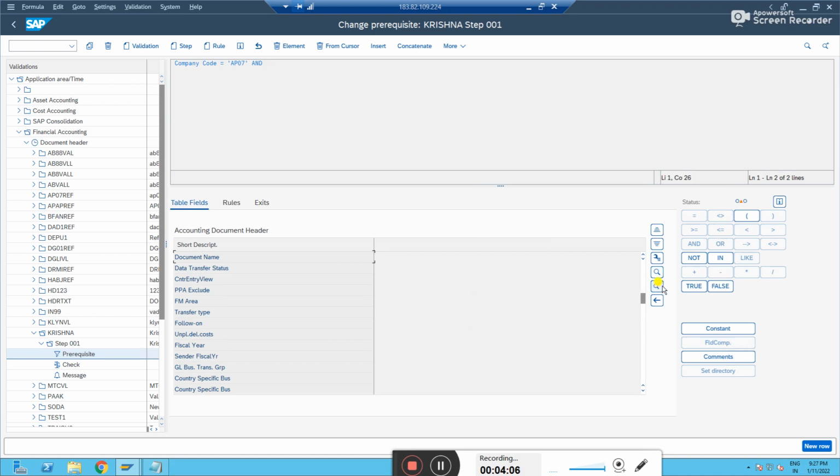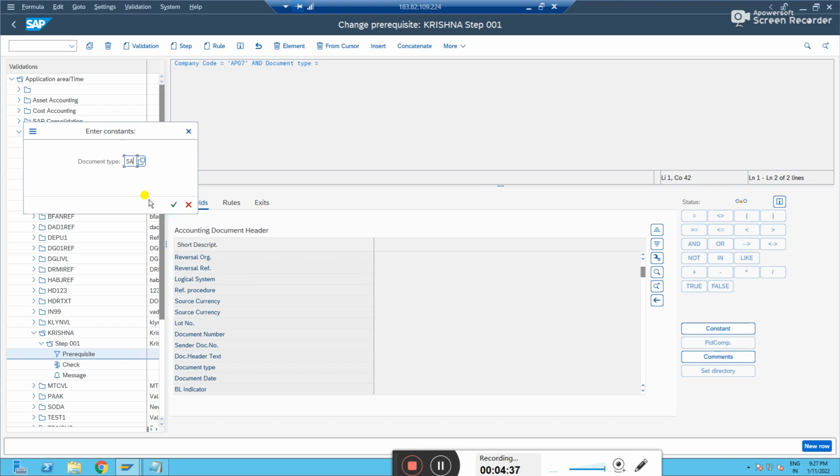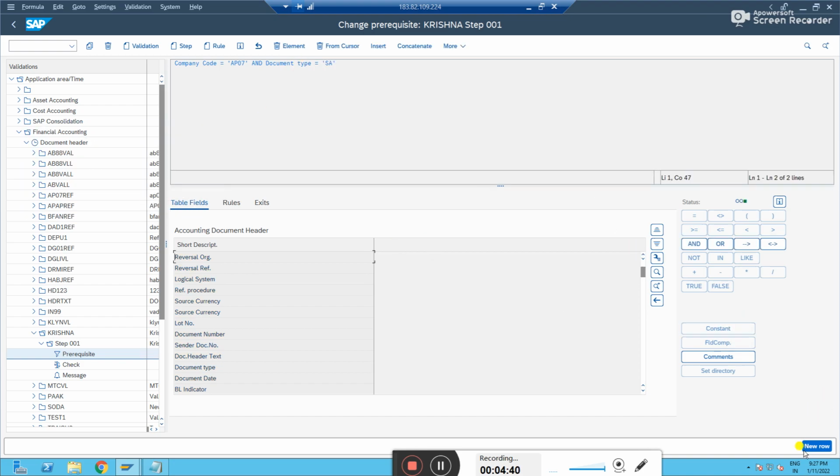Let me scroll down. Here it is. Let me click on it. It will come here in the prerequisite. As I said, I'll add the validation for document type SA.